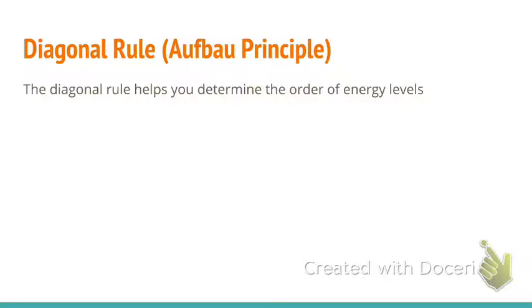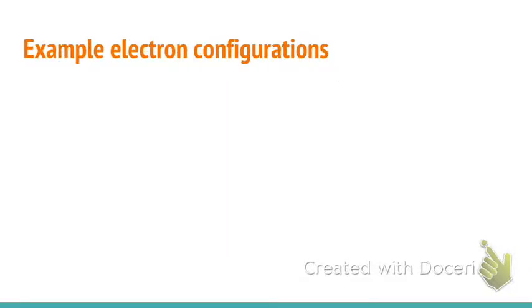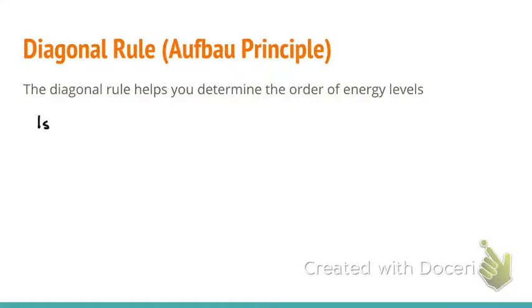To help with that, we use what's called the diagonal rule. In order to create the diagonal rule, the first thing you have to do is list out all the orbitals. The first lowest energy orbital is 1s. Remember, in the first energy level, you can only fit the s orbital, only 1 orbital. So we put 1s, and that's it for that line because that's all we have. The next one is 2s. Remember, the second energy level we can fit a second one, so that's 2p,